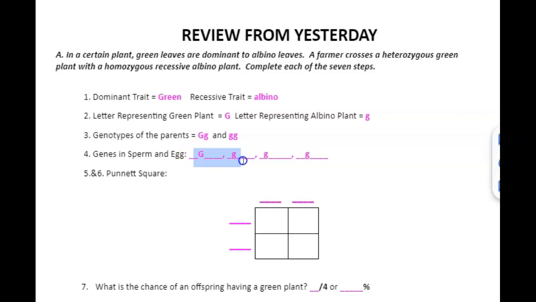Now remember, when we do our Punnett square, these two have to go together, and then these two have to go together. So we've got a big G, little g, a little g, and a little g. And then we're going to do our Punnett square, so we're going to fill them in. So you've got little g,